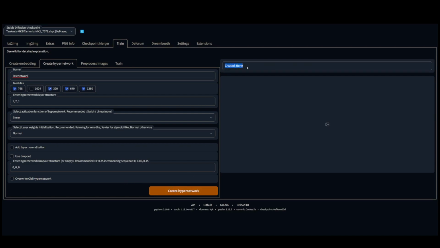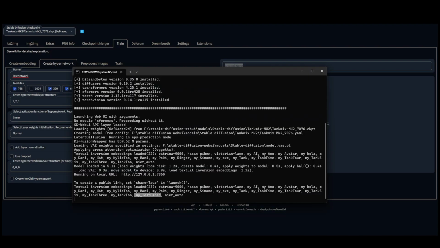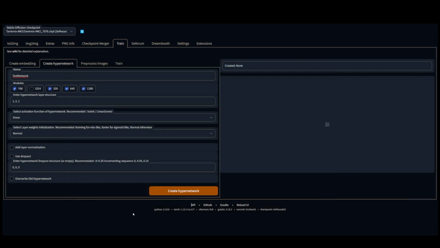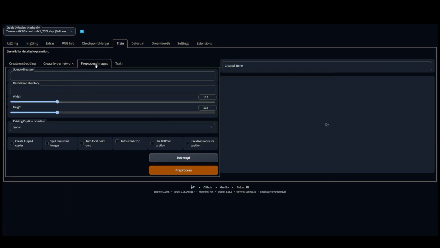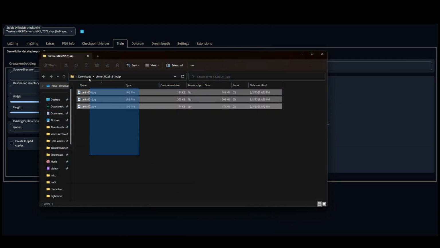Next, we're going to go into Preprocessing Images. And you're going to find that this tool could have also cropped images and potentially resized them as well, but probably wouldn't have given you as fine of control as BeerMe gave you. My apologies for giving you a better option. What we really want this for is for Blip, which is going to analyze these images and give you a corresponding text file that has a description of what it thinks the image looks like. It does a decent job, but we're going to